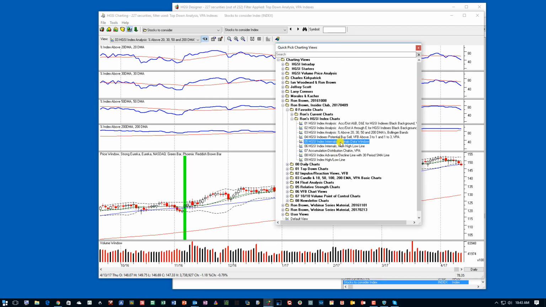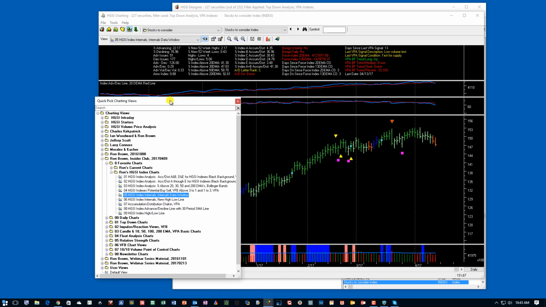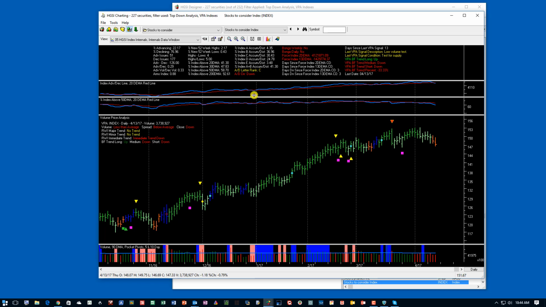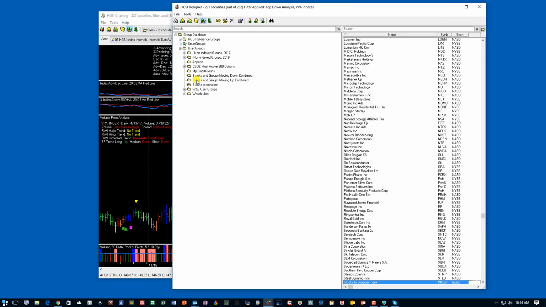This right here shows the internals from last Thursday, and what I want to point out here is that on the VPA best fit trends, the long-term trend is still up for this index, but the short and the medium-term trends are down as this index rolls over. And if you look at other indexes in HGSI, you're going to find something similar. In fact, I'm going to